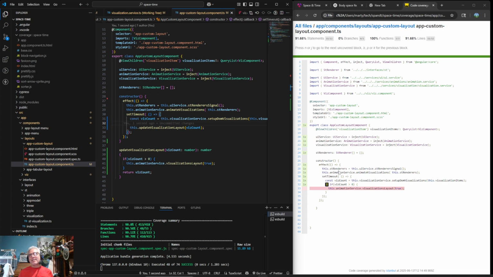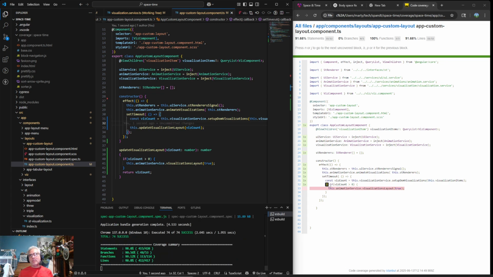So what I'm expecting to see is this to now be a one-liner, and that one-liner is called, but that visualization count of greater than 0 never gets called. Yep. So now I think this is pretty easy because I can just give it a number.